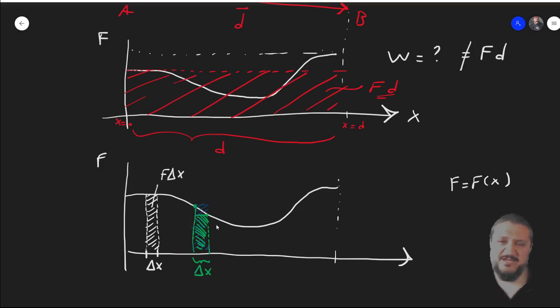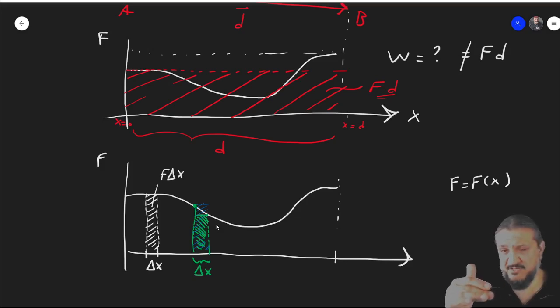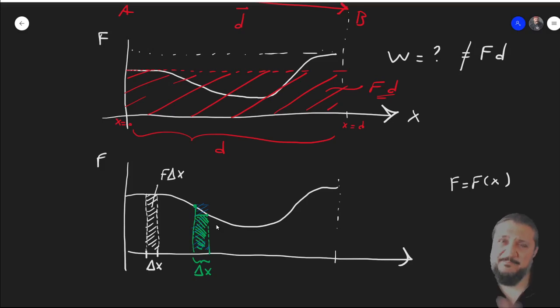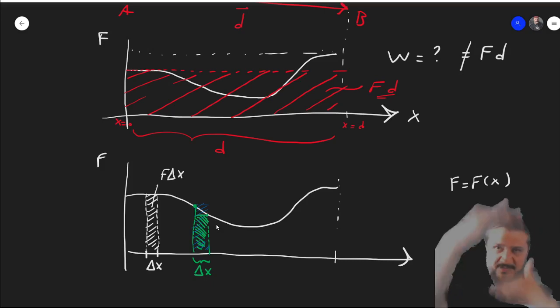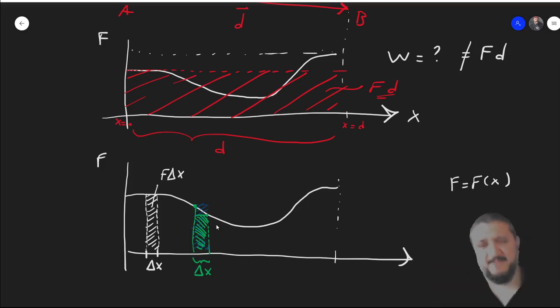So you're either finding a work related to that delta x, the blue one, which is going to be more than you want, or the green one, which is less than you want. The truth is somewhere in between. So the solution is to consider a shorter delta x, because the shorter you get, those two lines get close to each other. This is the very basic method of